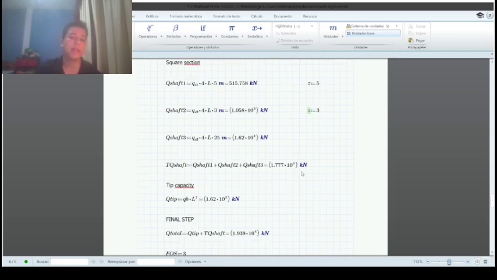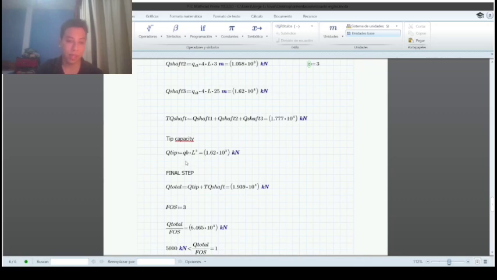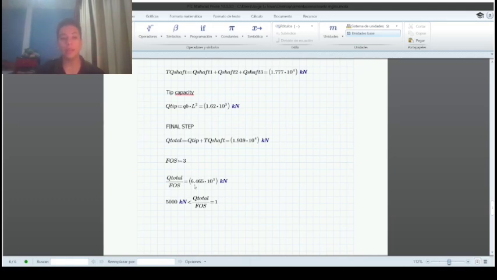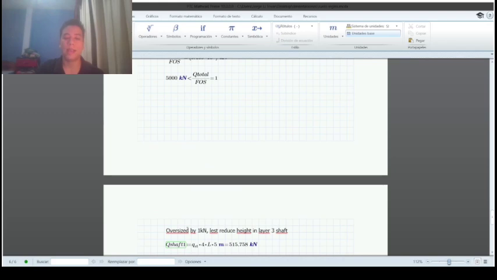Now, the tip capacity, QB multiplied by the area. The area of a square, we all know it. So, final step, we gotta add all the load of the tip, the load of the shaft, and now we're gonna divide all that for a factor of safety, which is 3. We choose that. Now, we can see here that the result is 6,000 kilonewton. It works. Yes, it's going to do the job, but that's how to say it, oversized by one